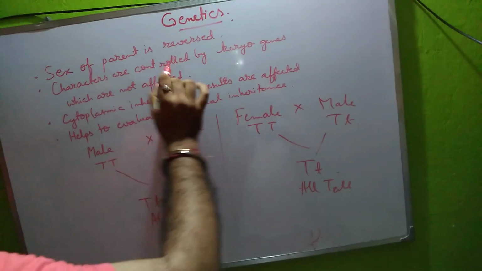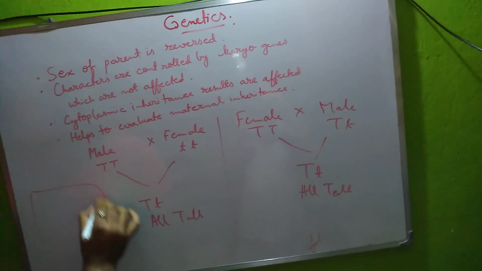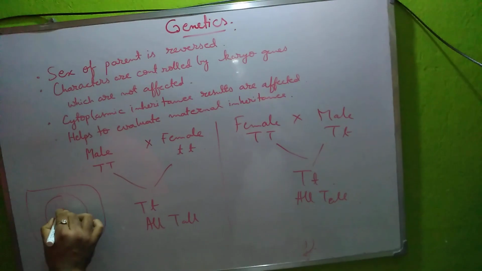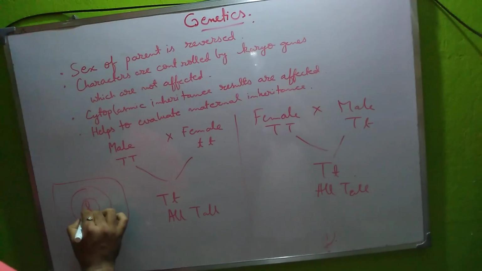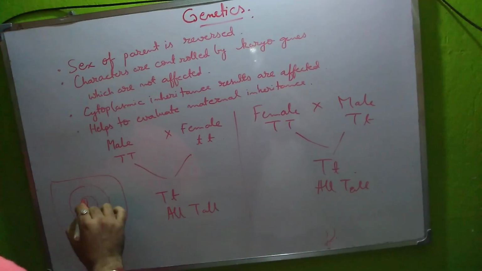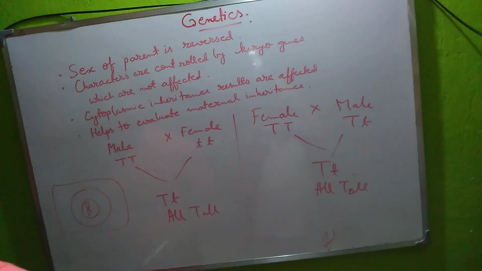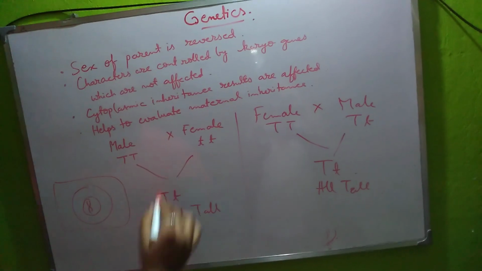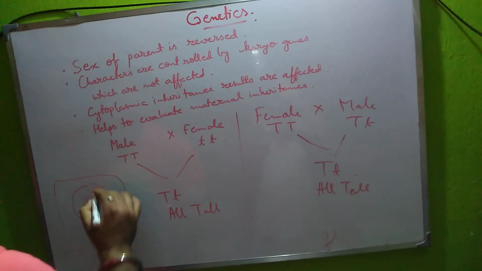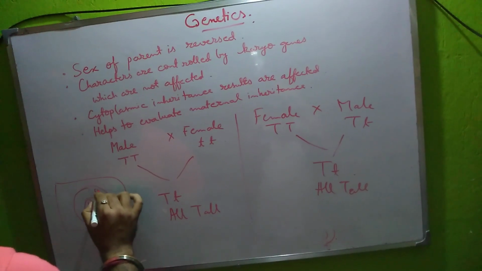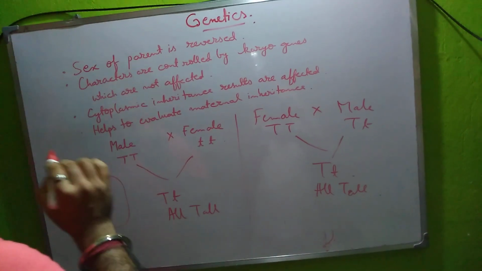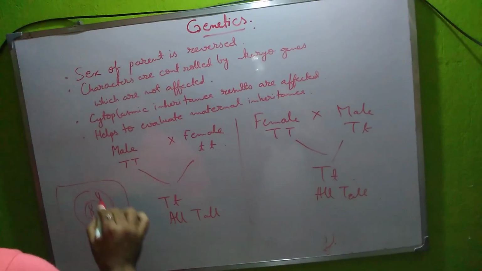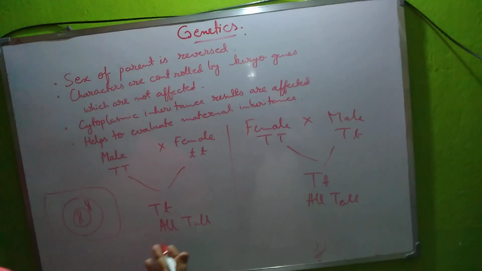Now, characters are controlled by karyogenes. If this is a cell and inside it this is a nucleus, then inside the nucleus these are genes. The genes that are present inside the nucleus are known as karyogenes, and these are not going to be affected by reciprocal cross. But there are certain genes which are present outside, in the cytoplasm. Some of these genes will be affected, and there